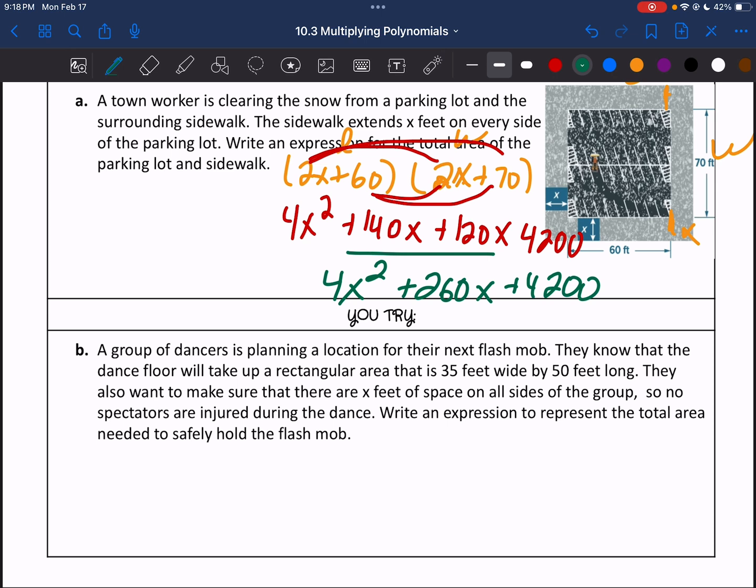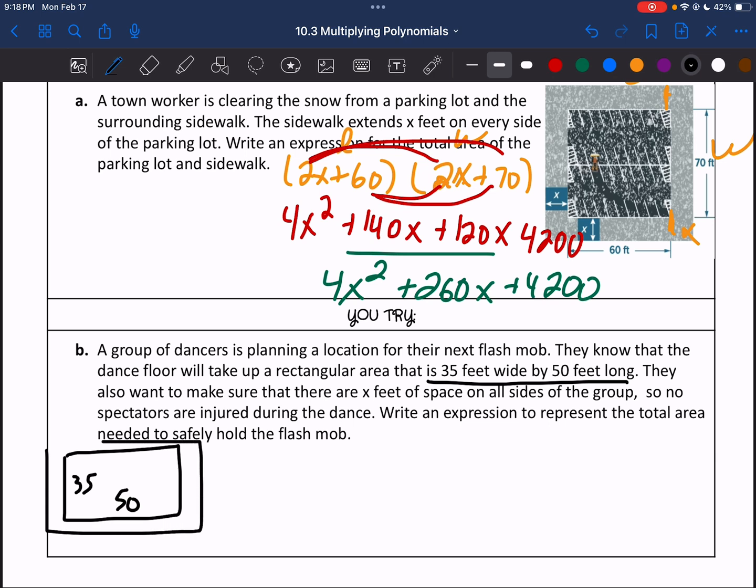All right, I always like to start off a word problem like this by drawing a picture of it to give me a little bit of a visual representation. So we have a dance floor, and we know that it's 35 by 50, right? That's the information we were given there: 35 feet wide, 50 feet long. But then we know there's also a walkway around it, some room that they want for safety. That's going to be represented by x on both sides because it's going to be the same distance around each side. And we want to know the total area, which again was length